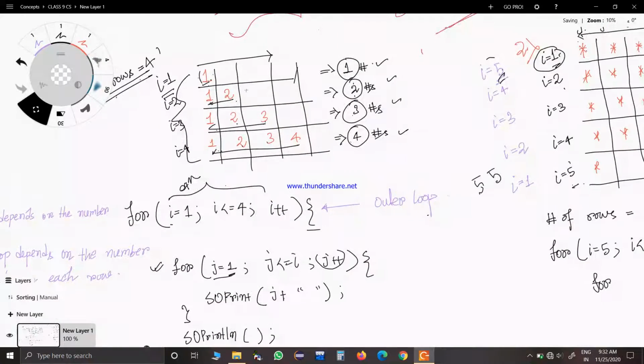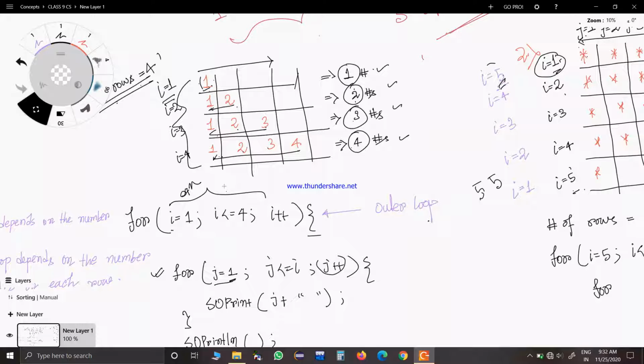In this kind of question, you can see there are a number of lines. The first line has 1. In the second line there is 1 2. Third line there is 1 2 3. So for this kind of pattern question, the first thing you have to do is consider it as rows and columns. Try to make this kind of box whenever this kind of question comes, and consider each line as a row, and the corresponding lines as columns.